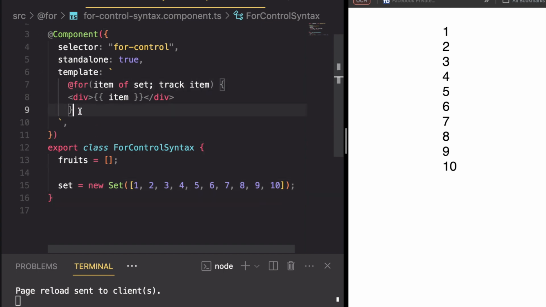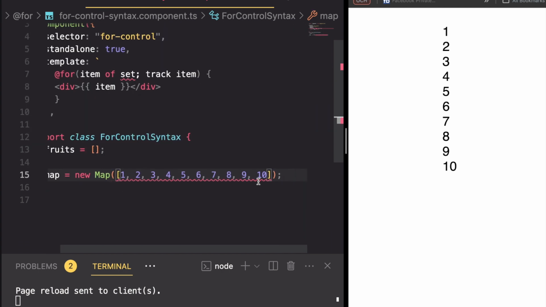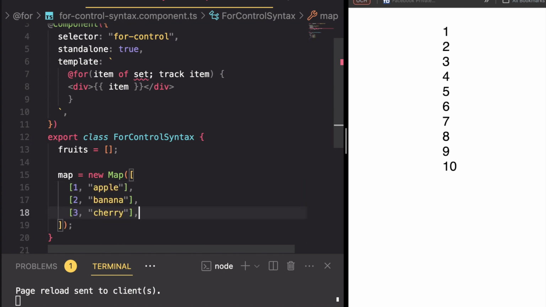flow syntax on it. Now another type of iterable object we are going to look at is the maps. Now, the map stores items in a key value pair. Just like we have in the object, the property and the value, the map stores in a key value pair, the key against the value, just in a dictionary type of storage. Now, let's see how to define a map here. We'll come here, find a map, then we'll remove this, and then we'll pass first array and then the second